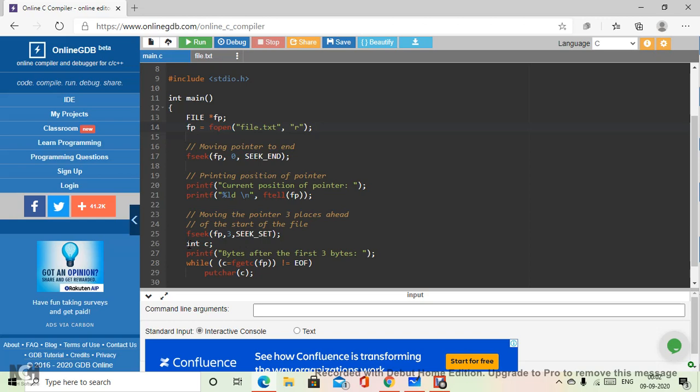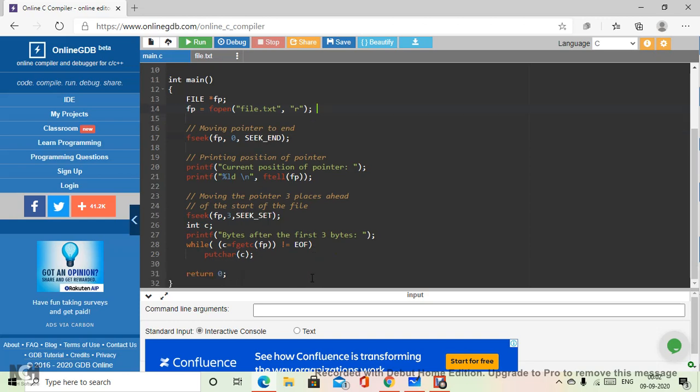Now what we want to do is just display the bytes after the first 3 bytes. So we will be using fgets, and with the help of the file pointer we can get characters one by one up till the end of the file. I'm sure I should not repeat how the while loop is used, and then we will use putchar to put the data character by character. So I'm sure the program is very easy, written very clearly, and you can pause in between to write this code. So let's execute and see what I'm expecting.